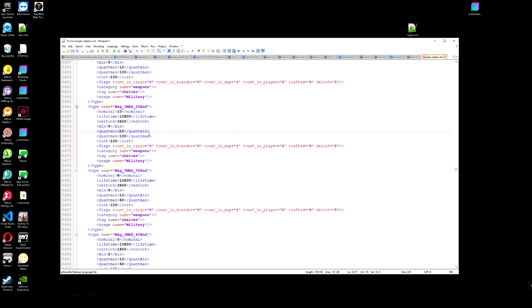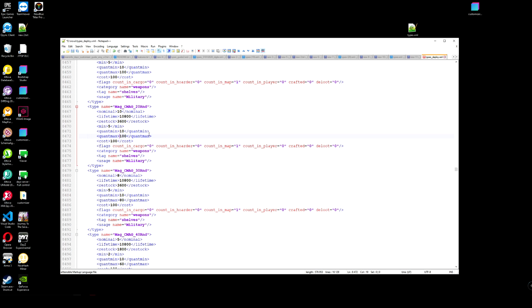Keep this in mind. If you put, for example, 2 to 20, it means not 2 bullets to 20 bullets. It means 2% to 20%, which in this case will be something like from 1 bullet to 5 bullets. And in case of the previous values, from 10 to 100, it will be 2 bullets to 20 bullets, a full magazine. This is percentage, okay?